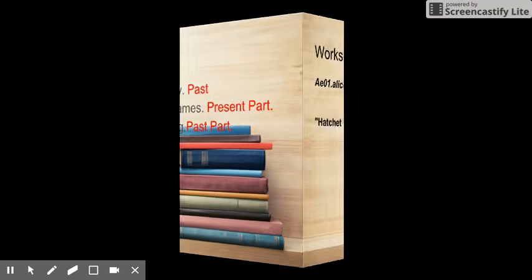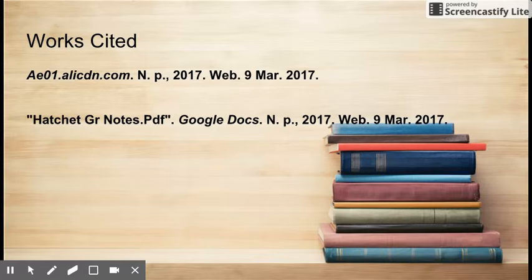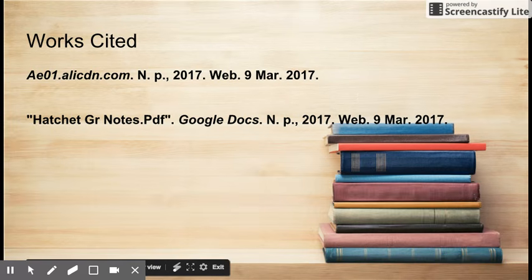So hopefully this is going to help you a little bit as we're practicing and studying participles of regular verbs. Remember that a participle means that it's going to have a verb phrase. There's going to be a helping verb along with the action verb. So you want to practice, ask